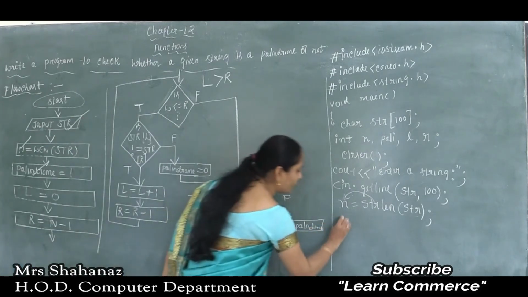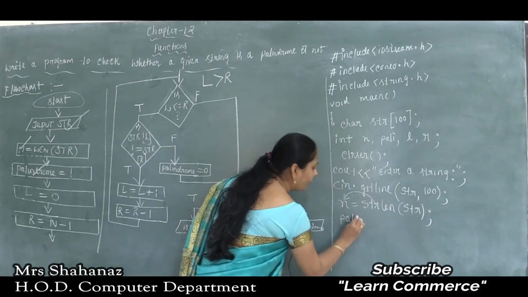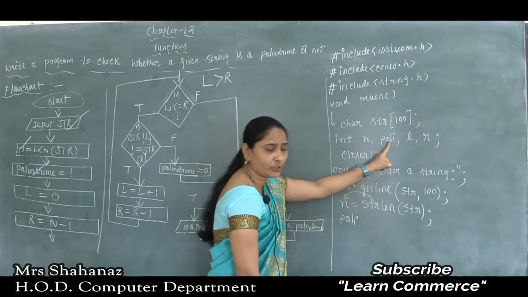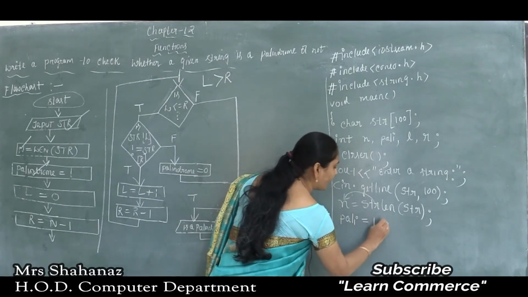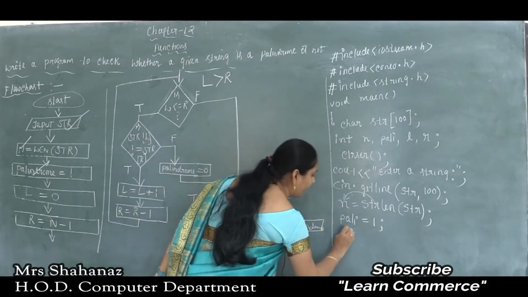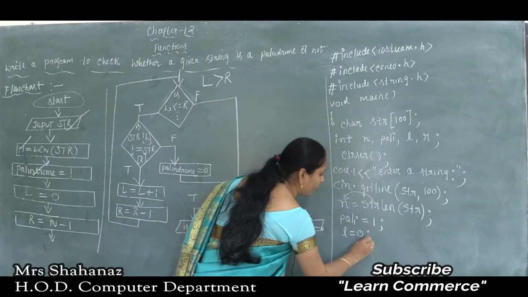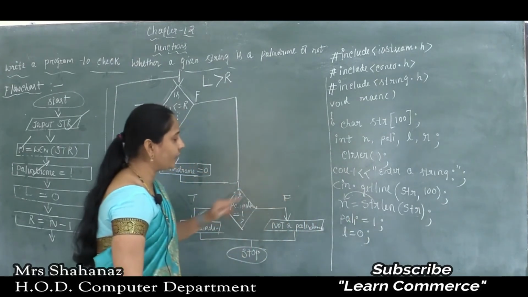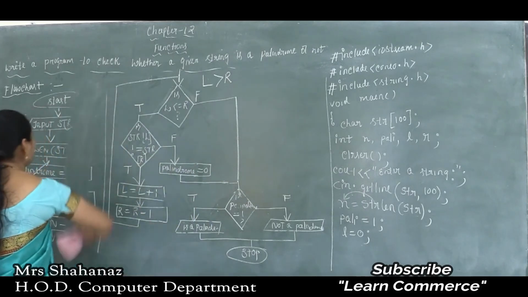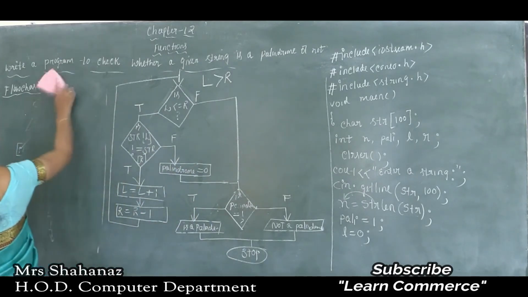As we know, here I used the variable name Pali, so I am going to use it as it is. So Pali value is equal to 1 semicolon. Okay, and the next initialization, L value is equal to 0. Clear this point here. The L value is equal to 0, and after that I am going to complete this program.